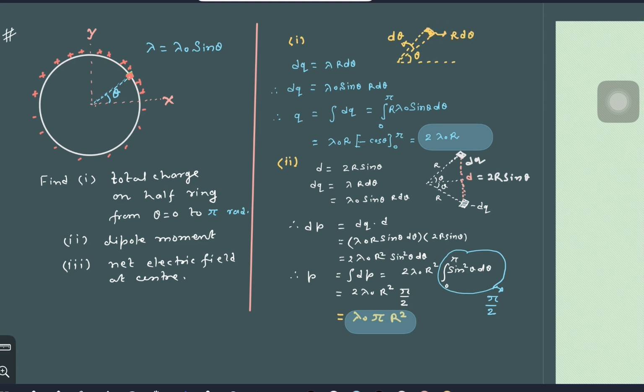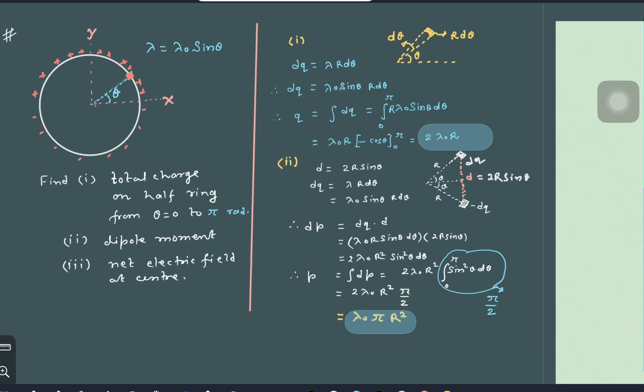Linear charge density मतलब उस पर यूनिट लेंथ पर चार्ज. अगर यूनिट लेंथ पर चार्ज यहाँ लैम्डा है और इस थीटा एंगुलर पोजीशन पर थोड़ी सी लेंथ जो है वो आर डी थीटा लिखी जाएगी, तो इस पर चार्ज हो जाएगा लैम्डा इंटू आर डी थीटा. लैम्डा की वैल्यू प्लेस कर देंगे लैम्डा नॉट साइन थीटा. तो इस एलिमेंट पर हमें चार्ज मिल गया